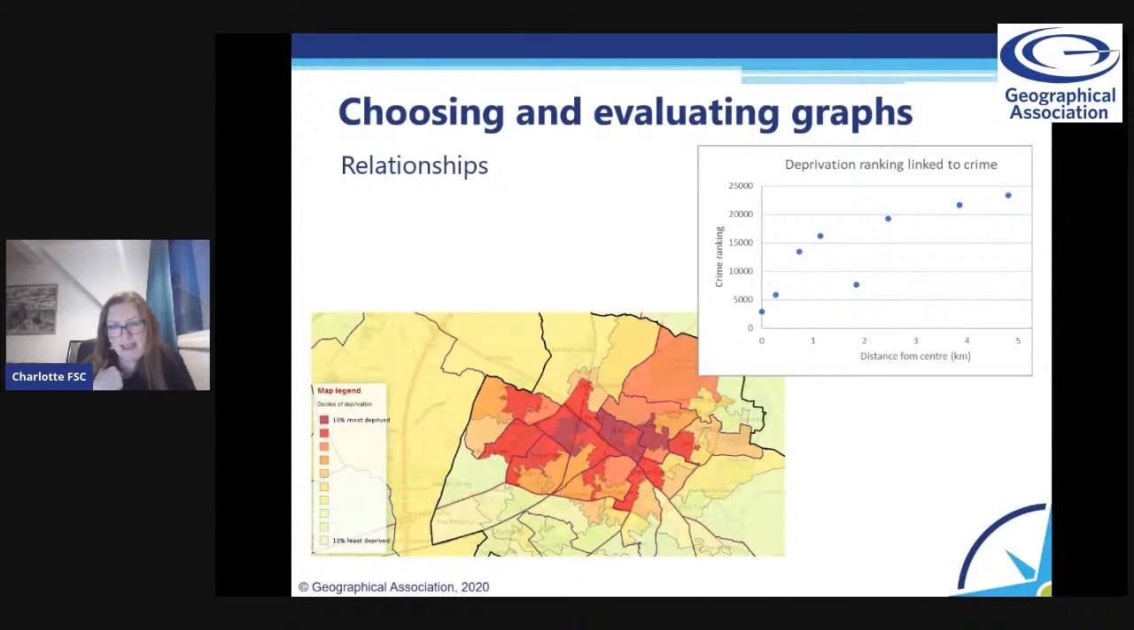But the crime ranking comes from the index of multiple deprivation, which you may or may not have used. There's a link to it just underneath this slide if you download the PowerPoint, but that's where the map comes from as well. The index of multiple deprivation is a way that